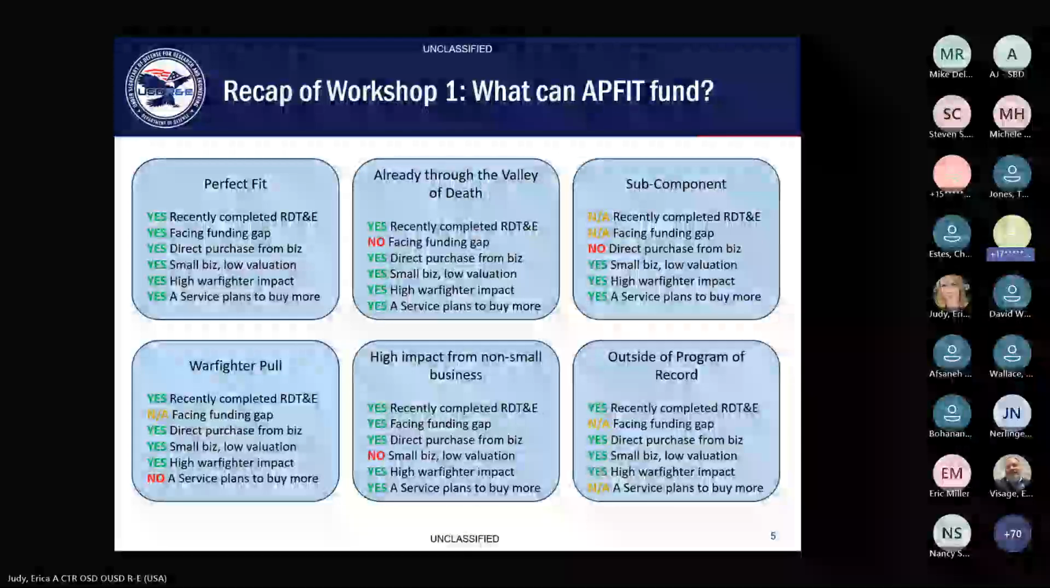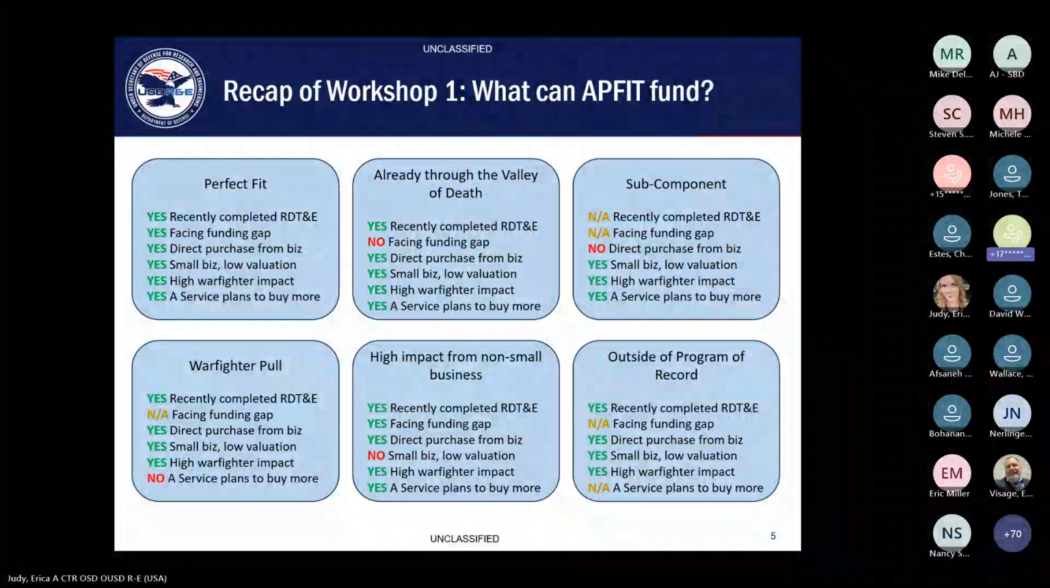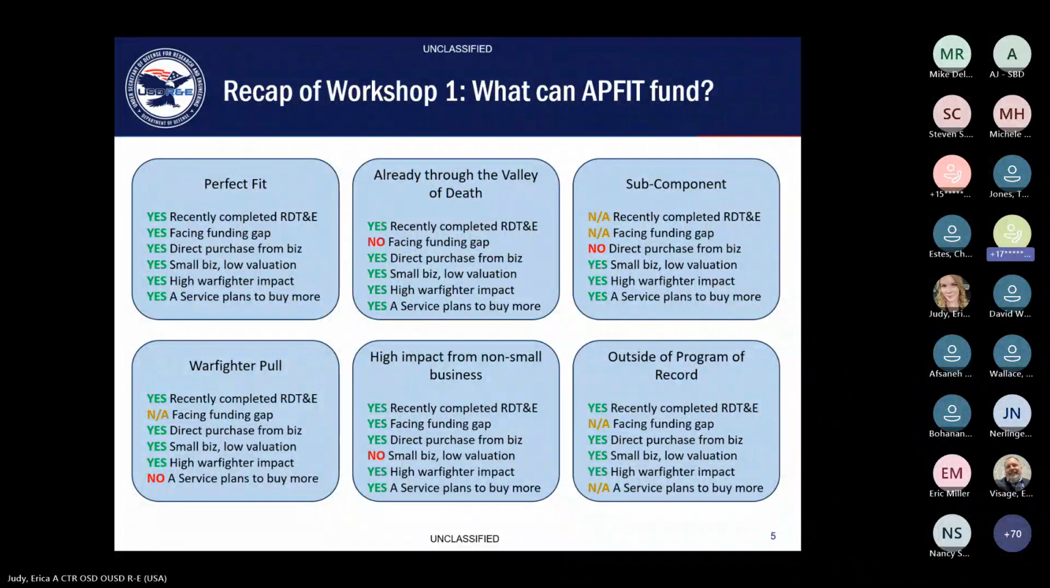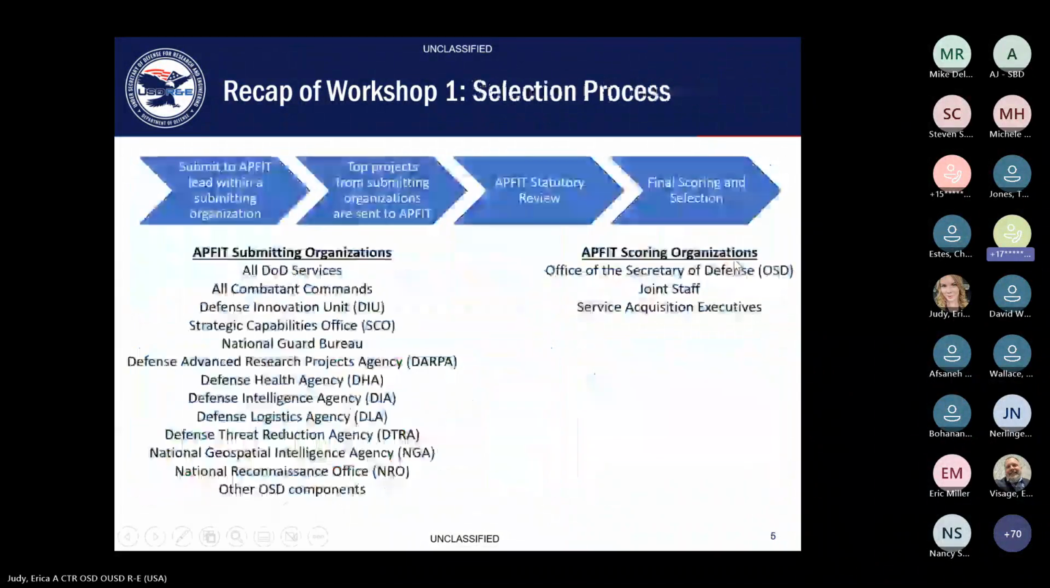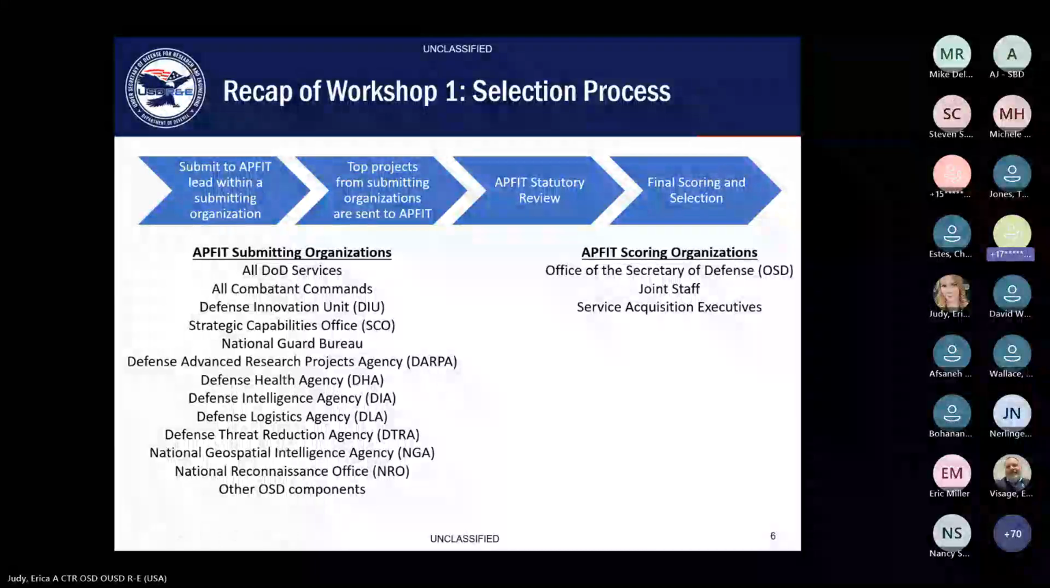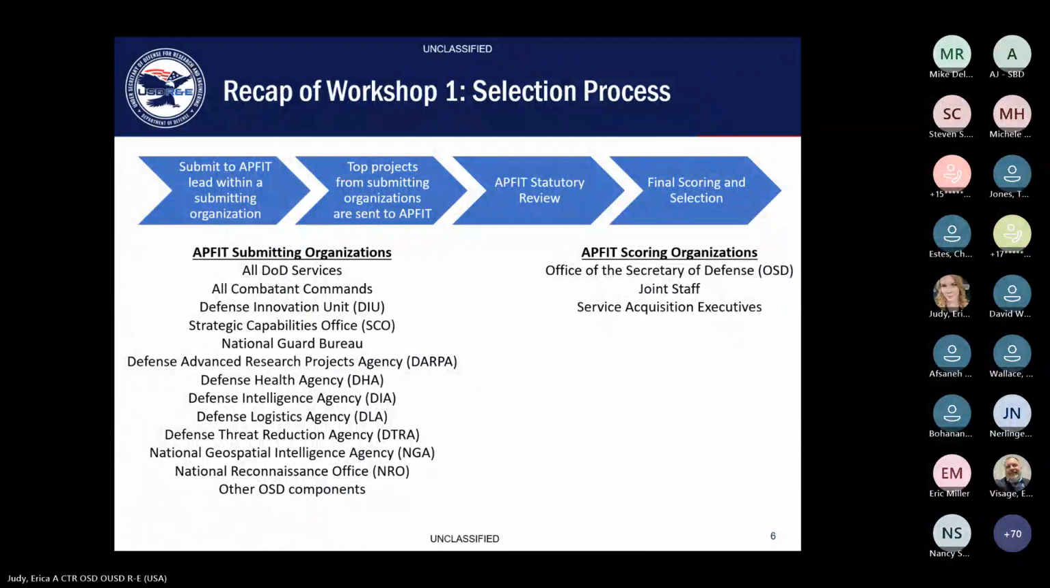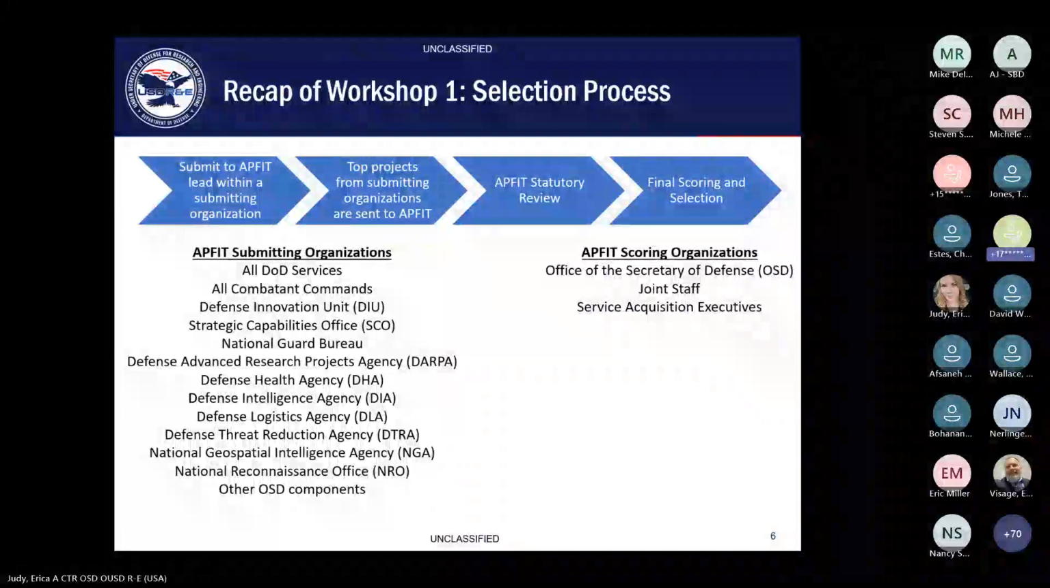And Erica, you can go to the next slide. This slide here is where we really left off workshop 1. This is a pretty high level view of what the selection process looks like. Basically, you have to go through one of these organizations. So when APFIT releases a call for proposals, it's not released out to industry. You're not going to see it on SAM.gov. It's going to go from us at the Office of the Secretary of Defense out to all of these organizations,